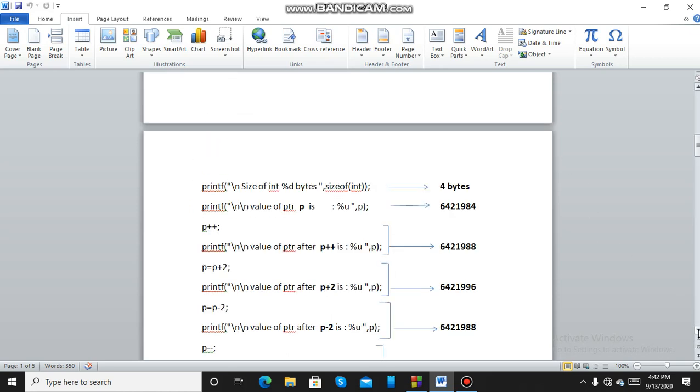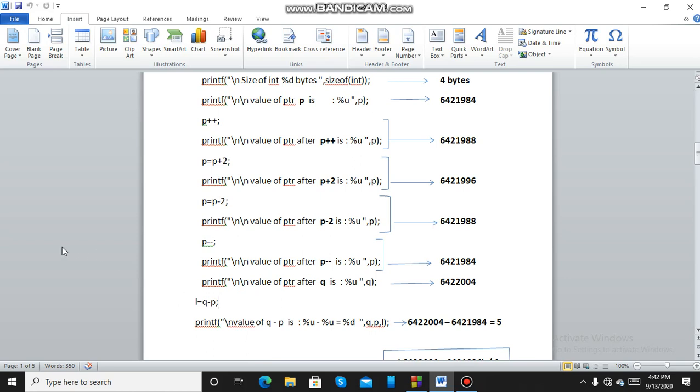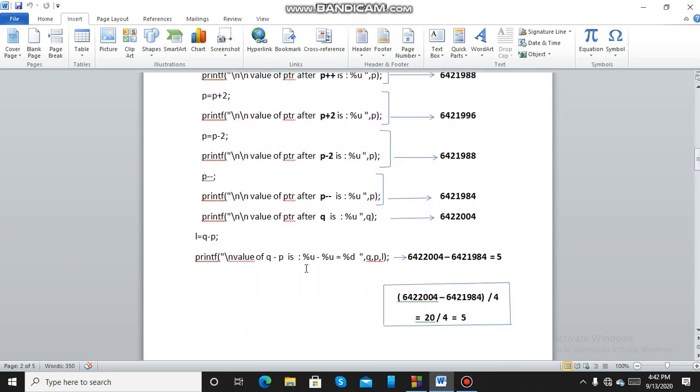Now we will see subtraction of pointers. Subtraction of pointers is possible only when they are of the same data type. Here I am subtracting pointer P from Q. So the value of Q is 6422004 and P is 6421984. When I subtract these two values, I am not getting 20, but I am getting 5.